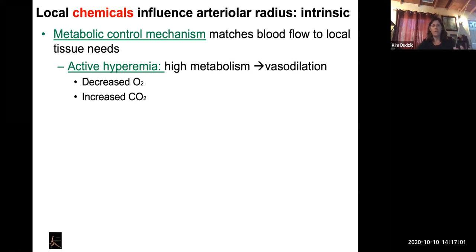If cellular respiration is going on, the oxygen is being used. Remember, a waste product of cellular respiration was CO2, carbon dioxide. So that's going to build up in the interstitial fluid where our arterioles are also located. So that chemical now is causing smooth muscle to relax, increasing blood flow. So it sweeps away that CO2, cleaning the waste product out of that area.